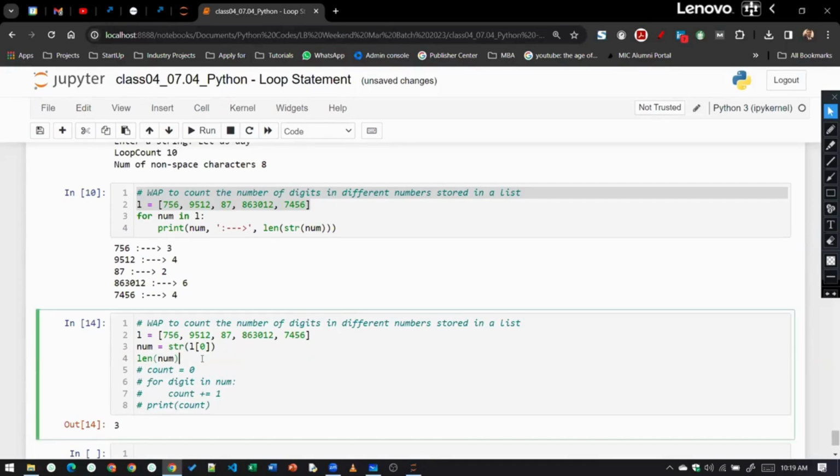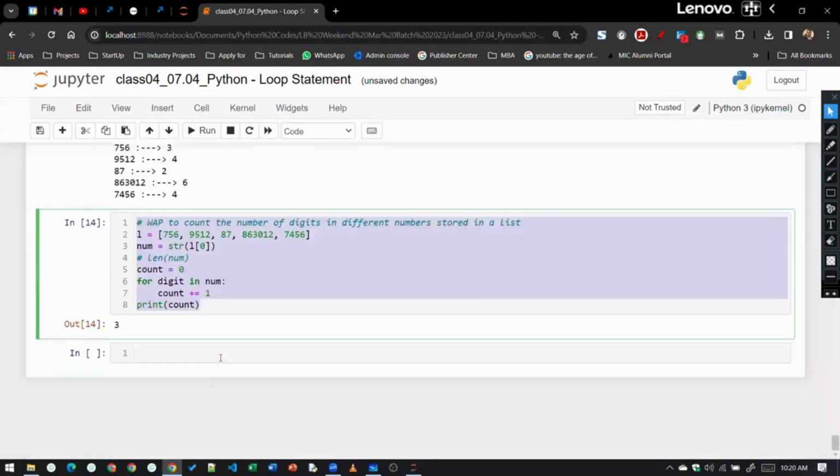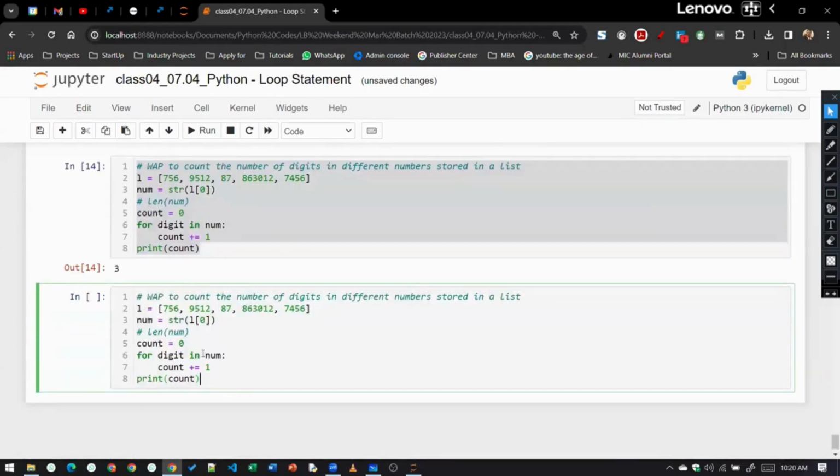Okay. So instead of using the len function, I have written this code. Is every one of you getting this code or not? This we have done just for the first number. Now, what I want to do is implement this code for all the numbers. So first, what I will do, so